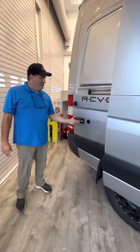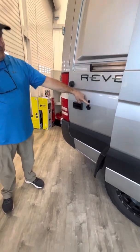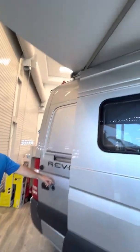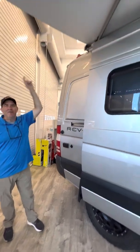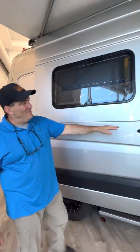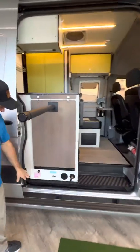You have two 110 outlets here. You also have an extended option for additional solar. On top of the roof, you have 250 watts and a controller inside. This will give you additional wattage. You also have room up there for one additional panel. It's plug and play. Coming forward on the coach, you have this adjustable table, but let me first show you